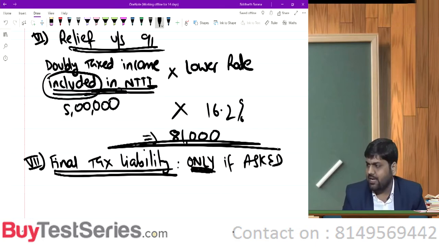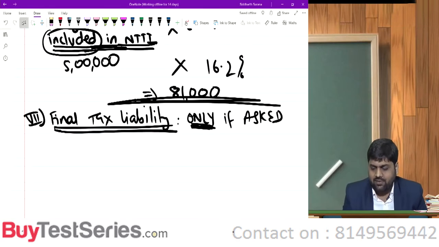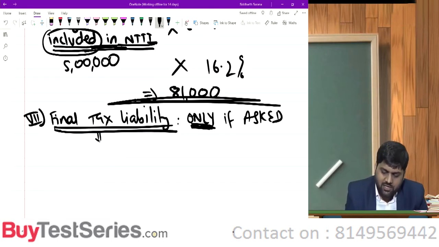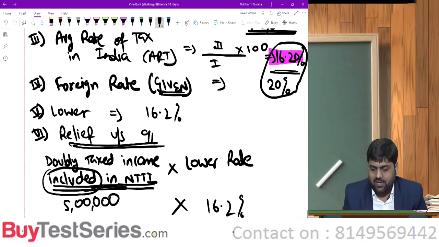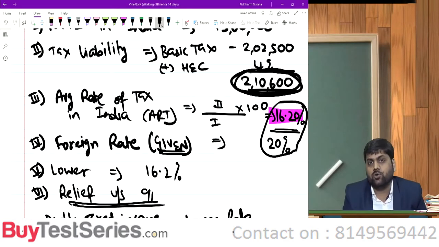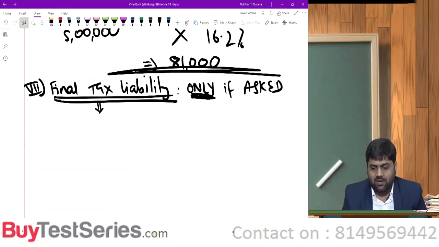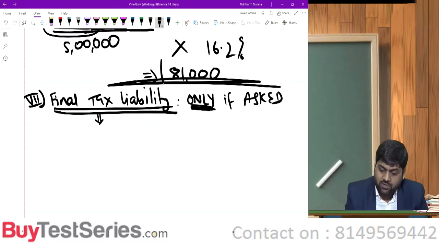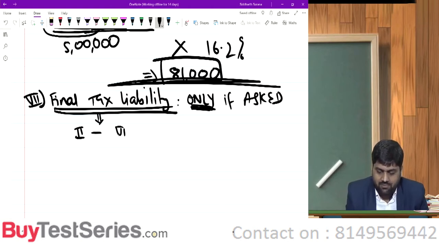If the question says calculate relief, you will stop at 81,000. If the question says calculate final tax liability, then only you will do this. What will be your final calculation? If there was no relief, 210,600 would have been your tax liability. But we have decided to give you relief. How much relief? 81,000. Final tax liability will be the tax at step 2 minus the relief in step 6,